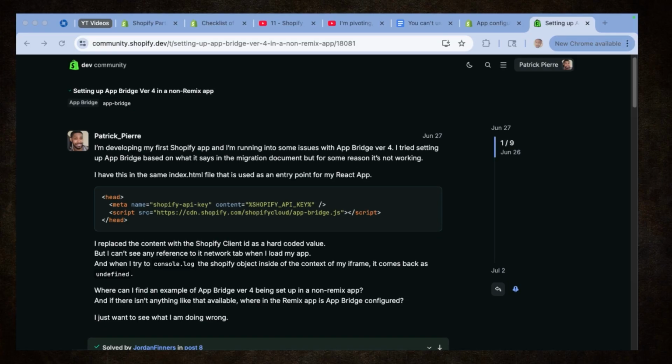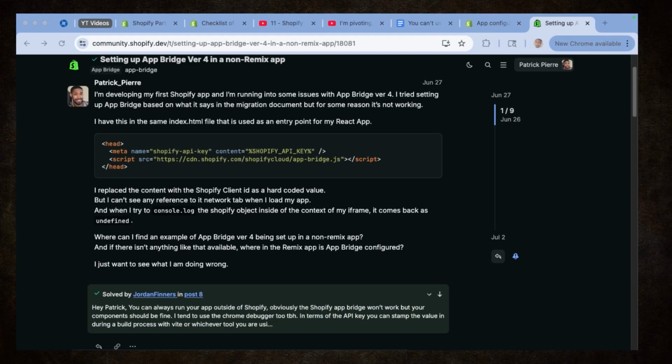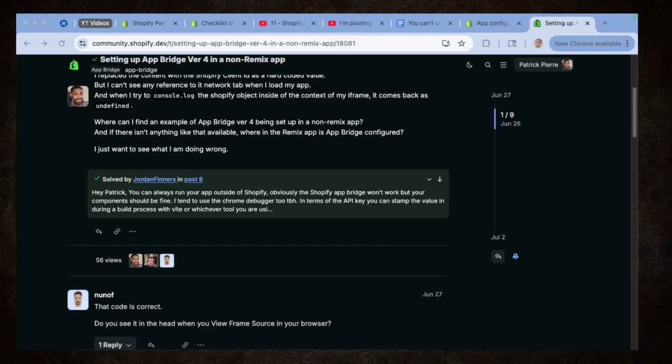And it definitely did something, but it wasn't what I was trying to do, right? So it generated a bunch of code for me that was wrong. And I was racking my brain trying to figure out, like, what's going on? How do I fix this? I was making posts on the Shopify developer forum, just trying to figure out what's going on. And it wasn't until I took a step back and went through all the Shopify App Bridge documentation and really tried to understand how the documentation differed from what I was currently doing, and comparing my project to a bunch of other examples online. It wasn't until I did that.